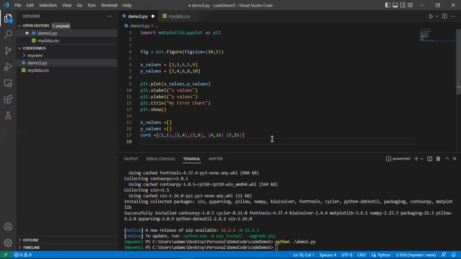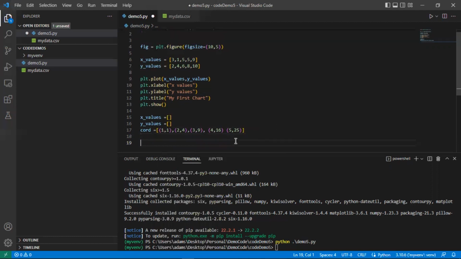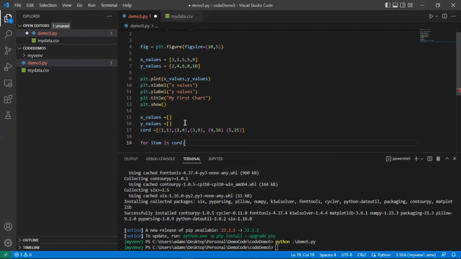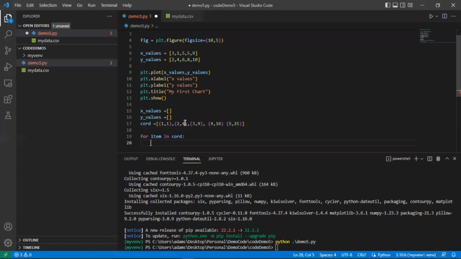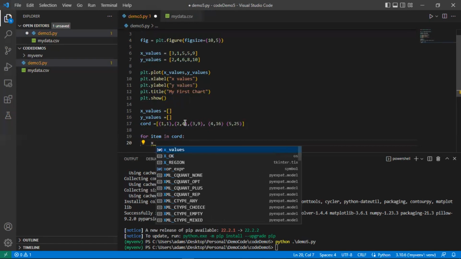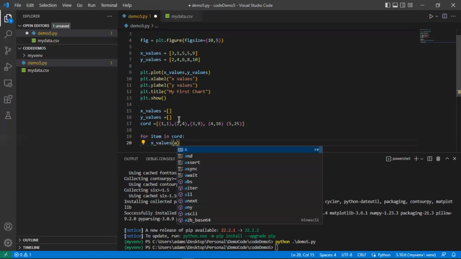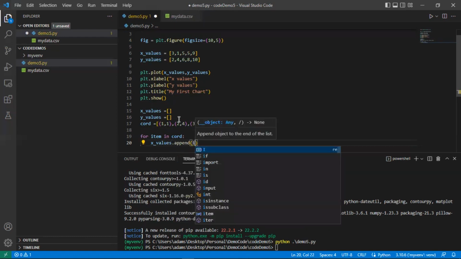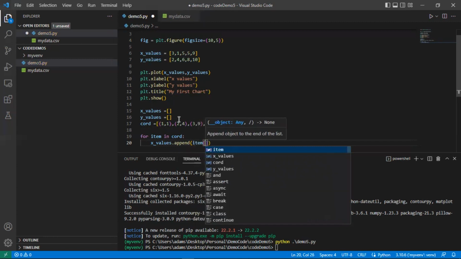Now, it doesn't necessarily take the tuples themselves directly, but what we can do is write a real quick program and just say let's go ahead and iterate through all the items in our coord list. So we'll call each of those an item. For each item in coord, we're going to take the x value list that we created, and we're going to append the item at the